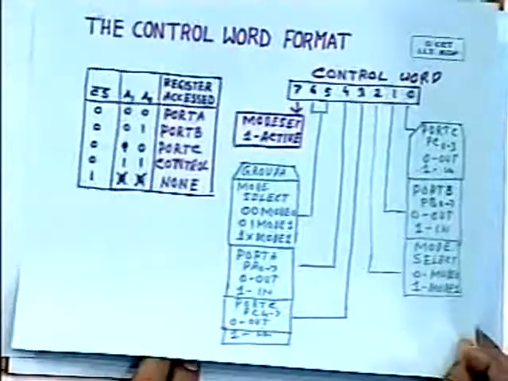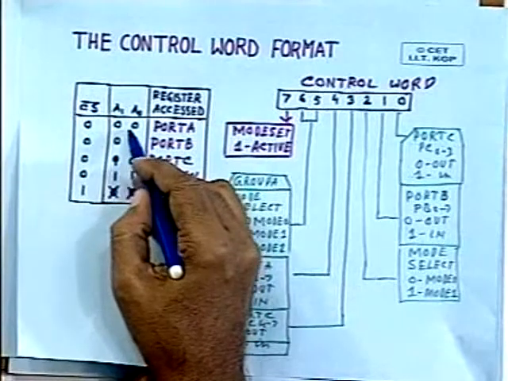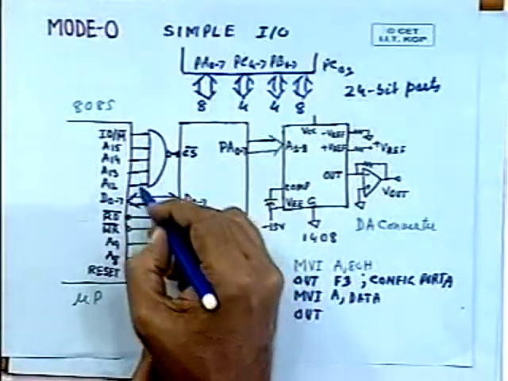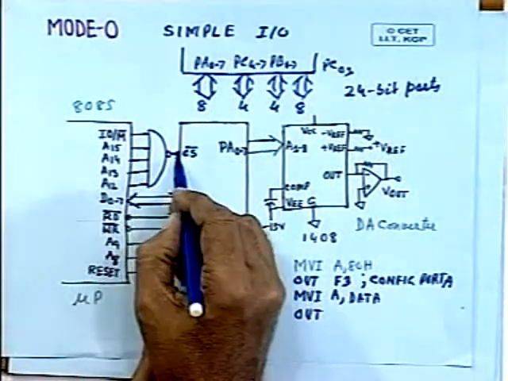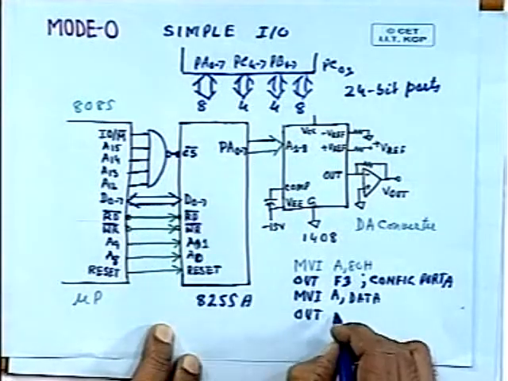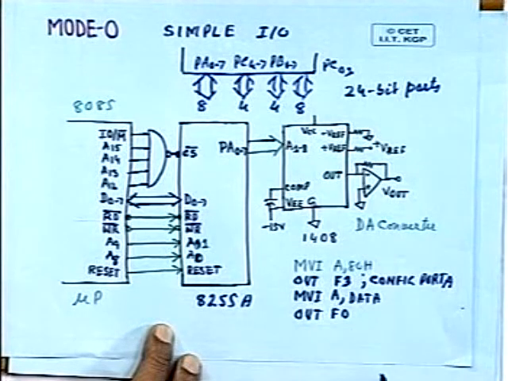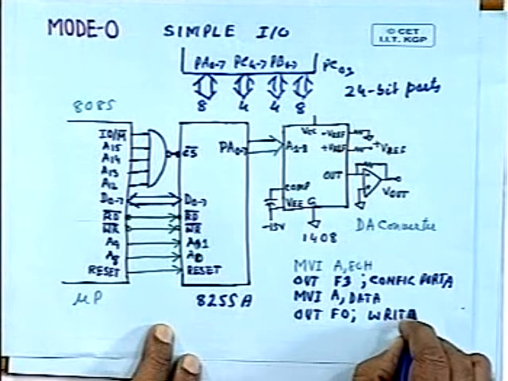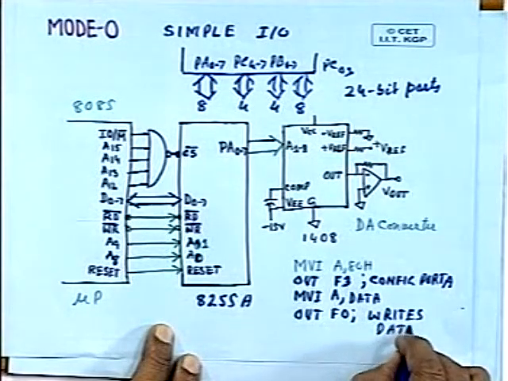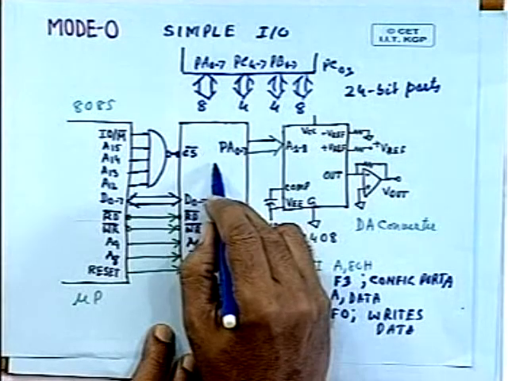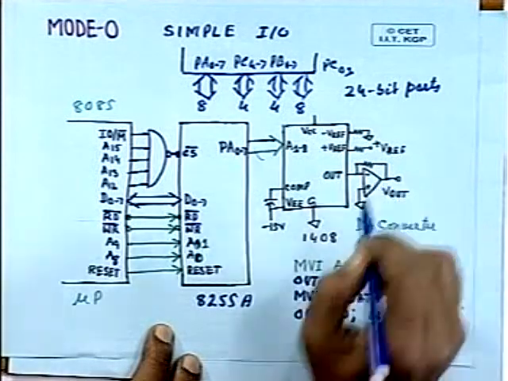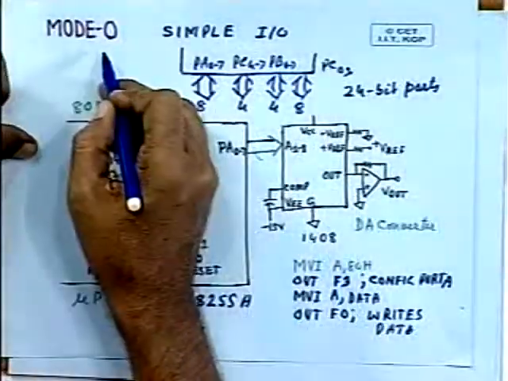Then you have to execute the out instruction, and you have to write it into the port A register. And for the port A register, as you can see, these 2 bits are to be 0 0. So F0 will be the address of this particular port because of the way the chip select signal is generated. So it will be out F0, and this writes data into port A, and as it writes data into port A, this will be available on this line, and you will get the corresponding analog value on this port. So you have seen how the 8255 can be used in mode 0 as an output port.